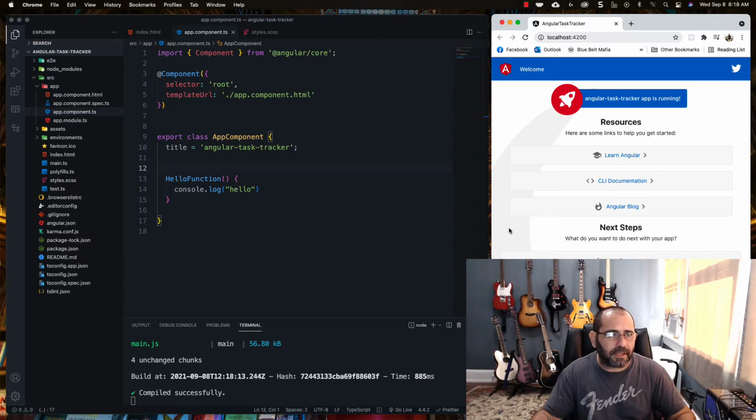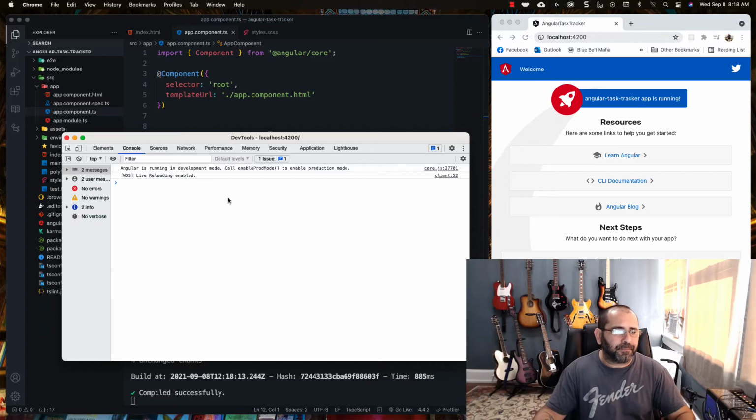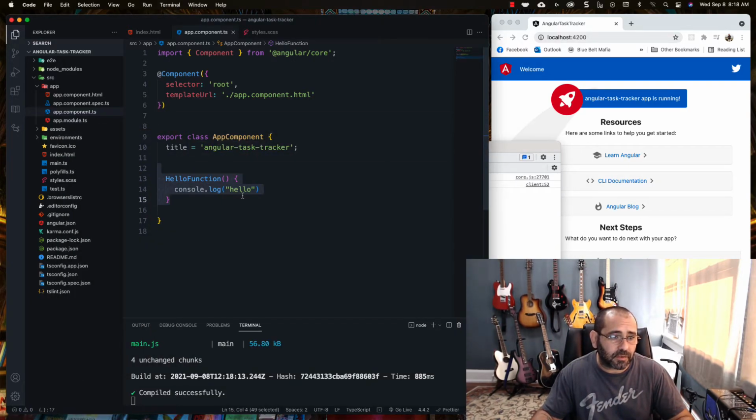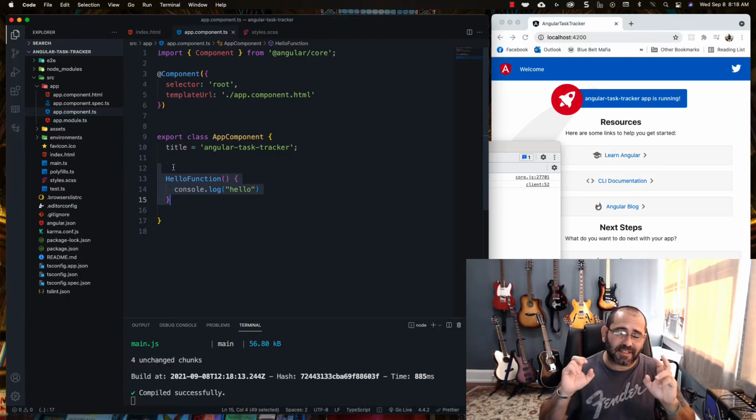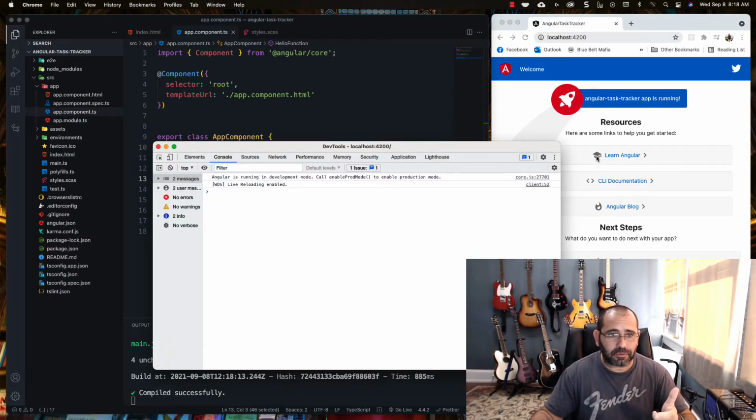and inspect that and go to our console, and then we expect it to run there, but it's not running. So why is it not running? The reason is because though this is syntactically correct, you're not declaring when this hello function is going to run. Now, if this was on an on-click event, then yes, it would have run